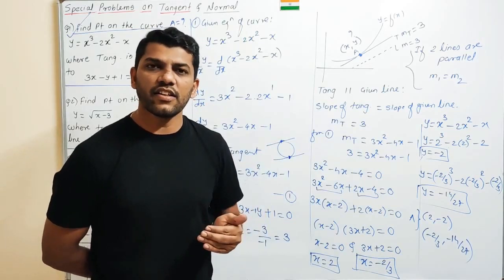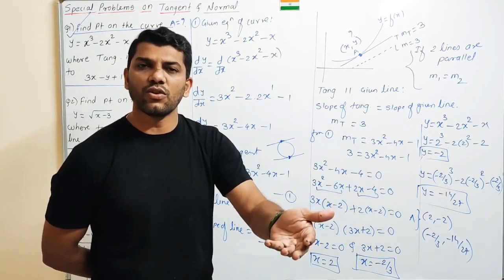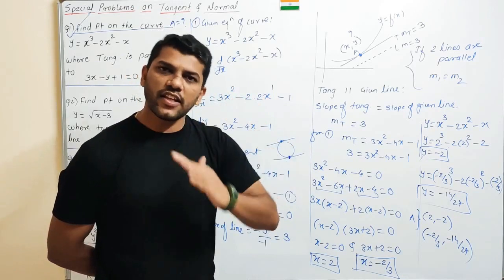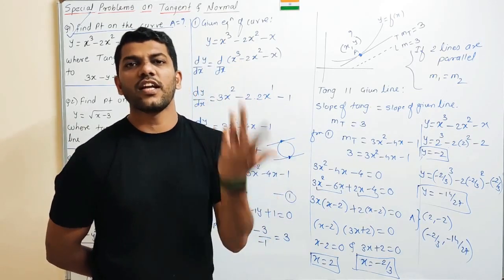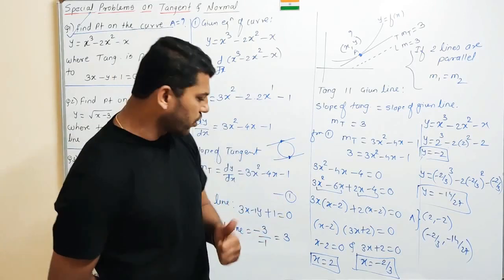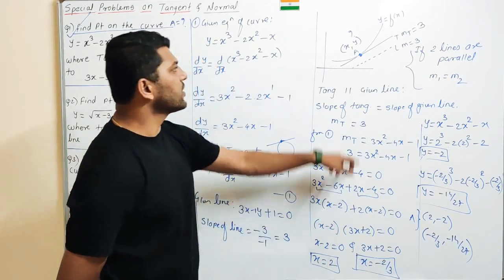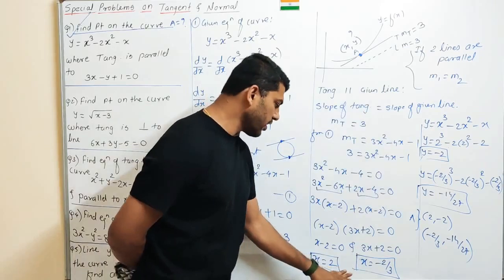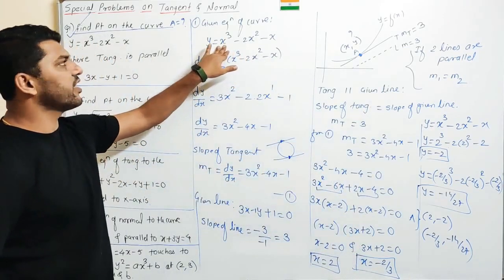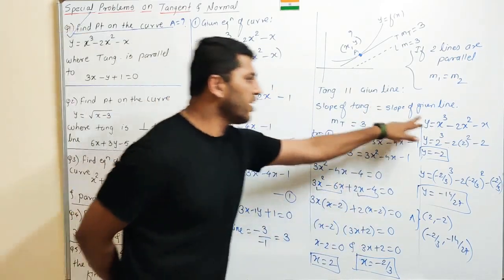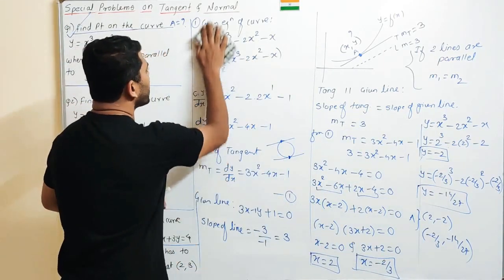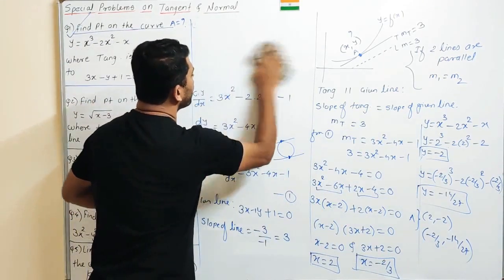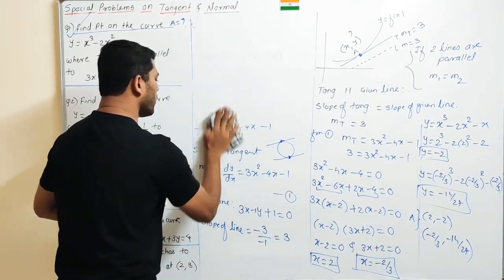that we already studied in the locus. If a point lies on the locus, then it must satisfy the equation of locus. If a point lies on any graph or any curve, then it must satisfy the equation of that graph or the curve. So this point must satisfy this equation of curve. So here I substituted these values of x in this equation of curve, and at the end, after simplification, you got the corresponding values of y, and that will give you the point or the coordinates of the point